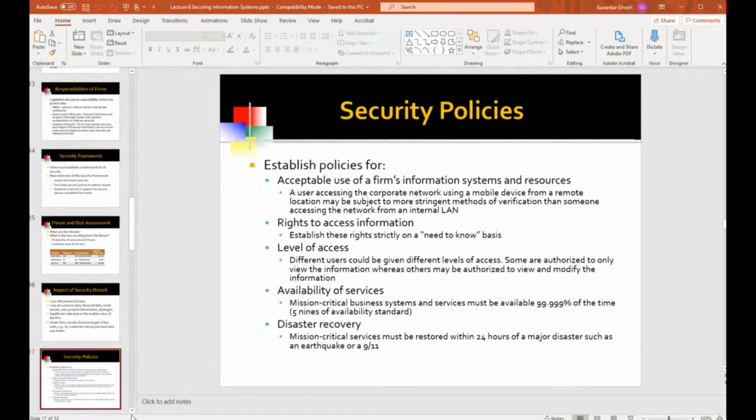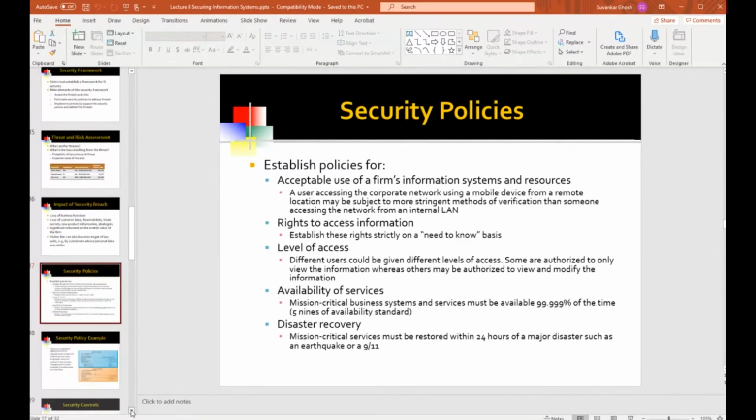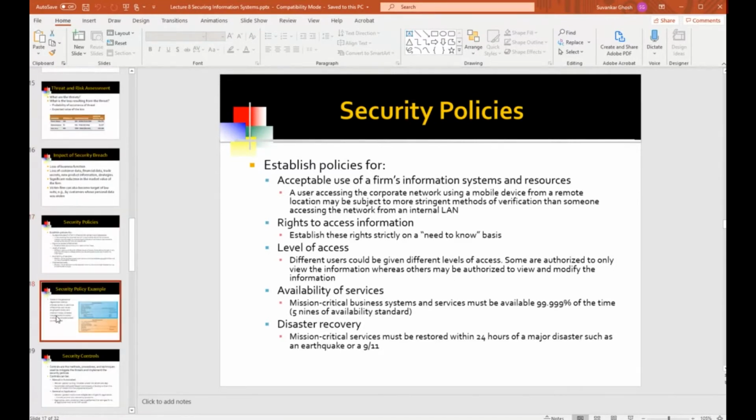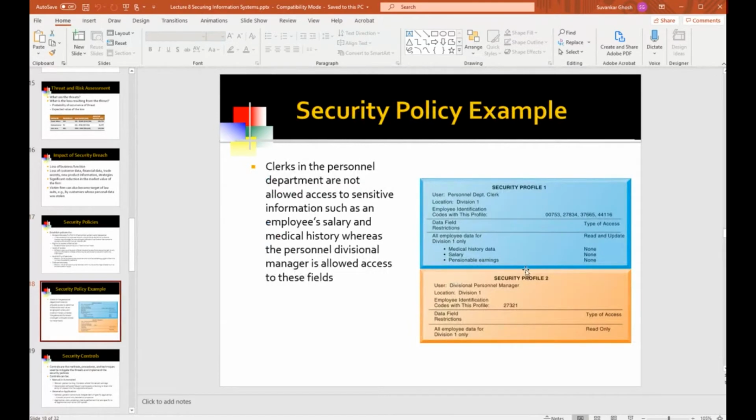Okay. So now let's come to the third part. This is just an example of a security policy. This is at the level of users. Like I said, policies can apply at different levels. This is a policy about what data elements people can access.